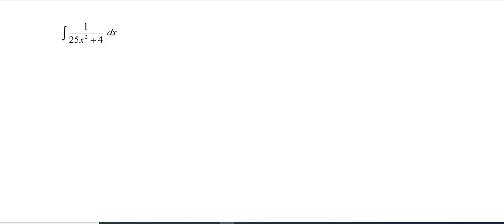In this video, we're going to take a look at how to integrate 1 over the quantity 25x squared plus 4 with respect to x. So one antiderivative that you might recall looks something like so. And if we had the sum of squares anywhere in our antiderivative, whether it was underneath a radical or to another power, we saw that there could be a use for a trig substitution. So I'm going to do that in a little while and show you that it comes out to be the same. But you may recognize this one to just be the inverse tangent of u plus c.